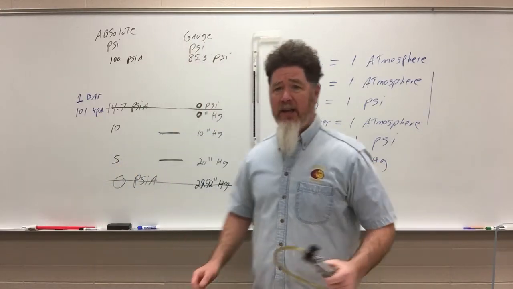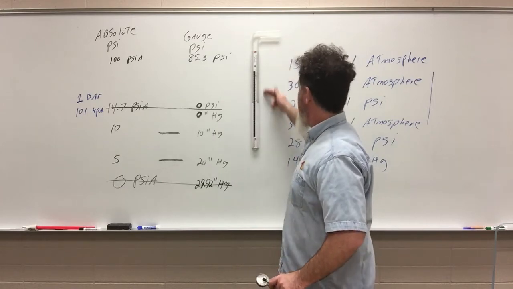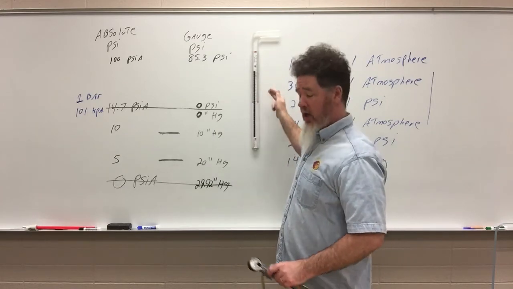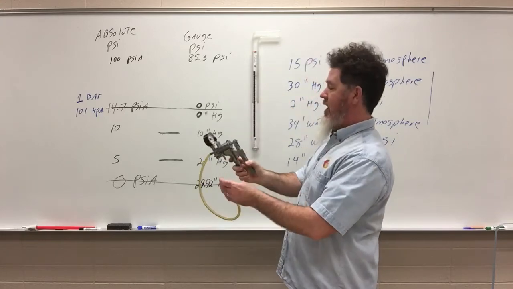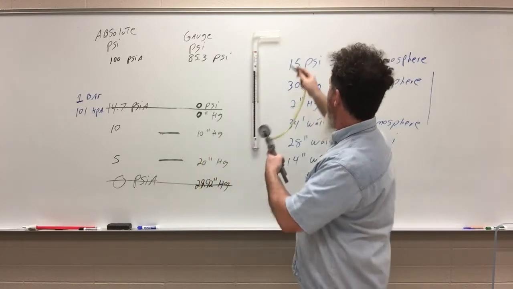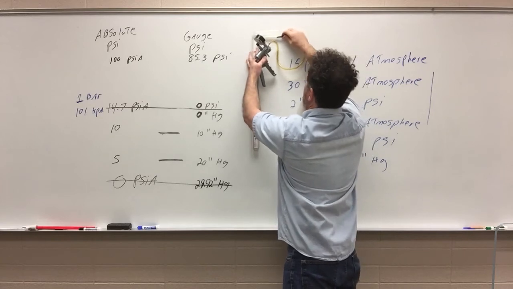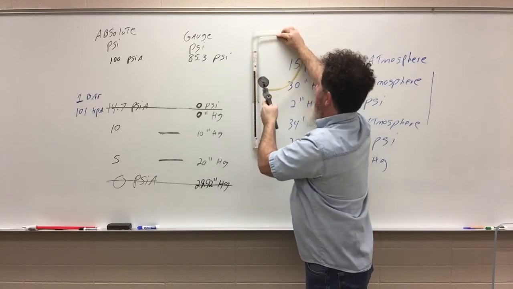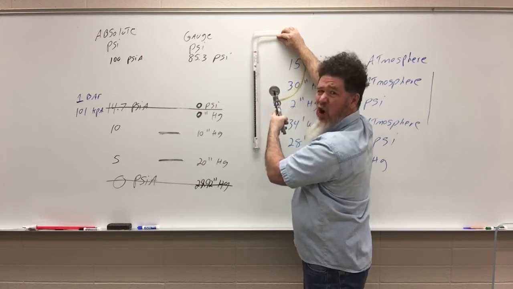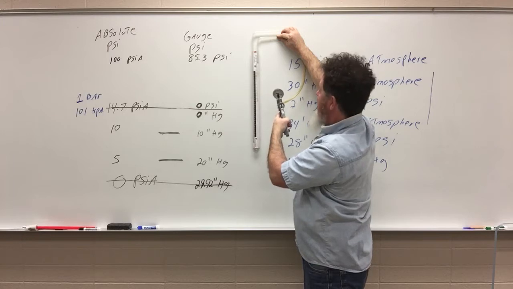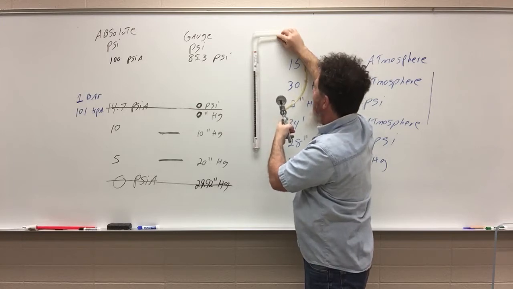Another way to look at it is that I have a slack tube manometer here, and I have it filled up with water. If I take a simple vacuum gauge, put it in there, and apply just a little bit of vacuum, my vacuum gauge hardly read at all. It moved, but I can't really take a reading on that.